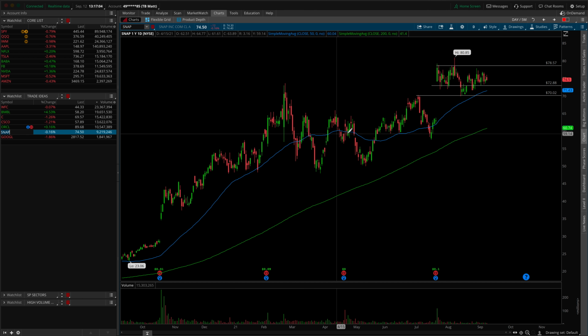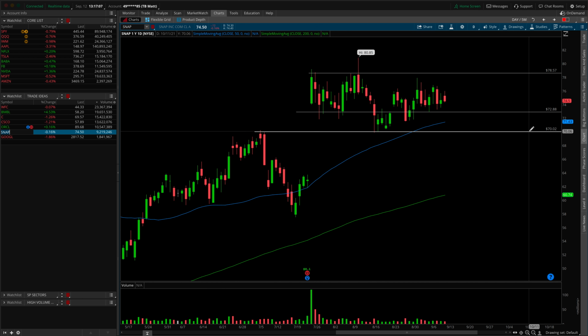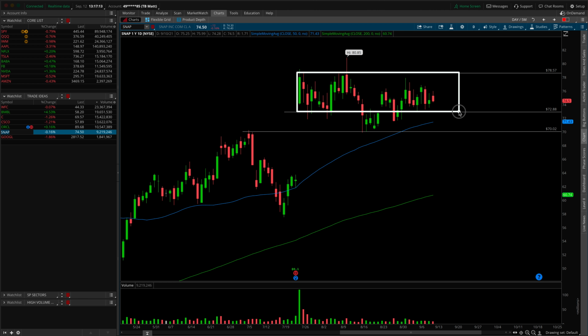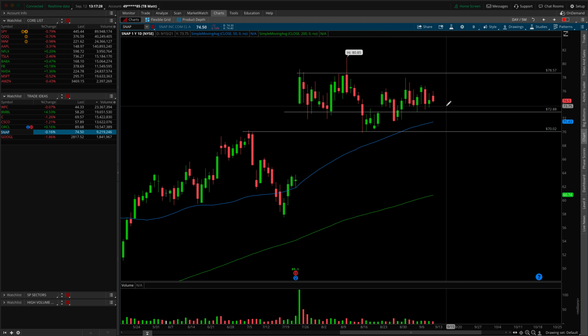Next up, we'll take a look at Snap, and this one is kind of a neutral trade idea. You could do with this what you will, but same thing as Oracle, right? This one is a little more interesting because, as we know, tech is a little bit weak. Obviously, Oracle is still tech, but with the Apple breakdown and Snap, Apple, I mean, to me, they feel more alike than Oracle, which is making software that powers the whole thing, right? So anyways, regardless of how you feel about those potential companies and their differences, similarities, whatever, if we get a